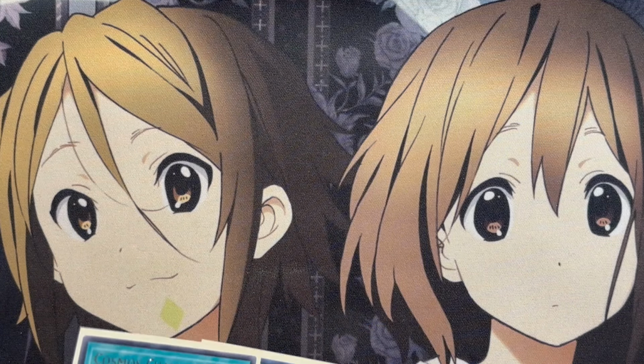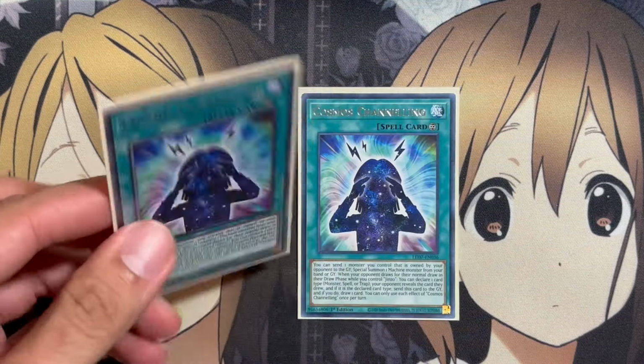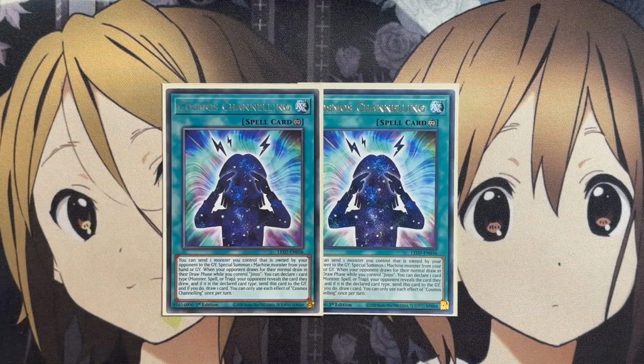cards. And also 2 copies of Cosmos Channeling. I find that 2-ofs for a lot of these cards really do help just for the variety we run. And with this card, you can send 1 monster you control that is owned by your opponent to the graveyard to special summon 1 machine monster from your hand or graveyard. When your opponent draws cards for their normal draw, while you control Jinzo, you can declare 1 card type: monster, spell, trap. Your opponent reveals the card, and if it's the declared card type, send this card to the graveyard